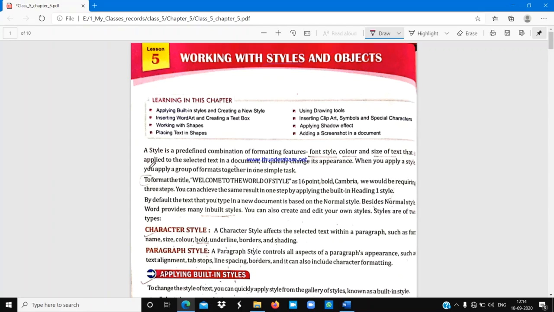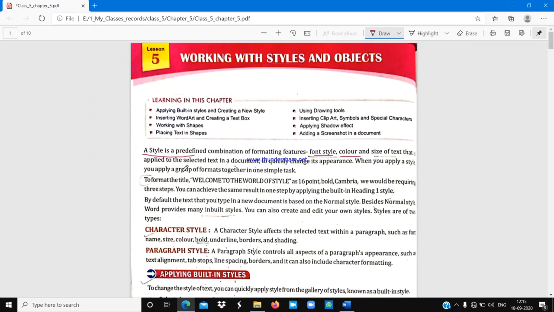What is a style? A style is a predefined combination of formatting features such as font style, colors and size of text that is applied to selected text in a document to quickly change its appearance. If you want to change the appearance of a selected text, you can do it by clicking on the styles group.